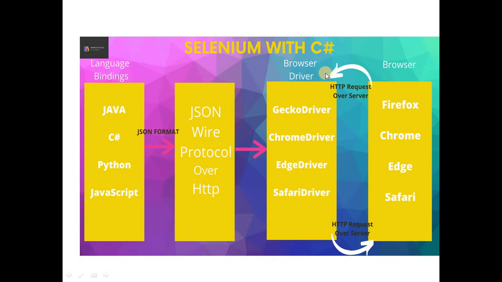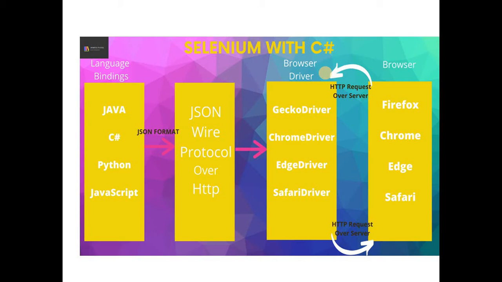So till now we have seen that we are opening Visual Studio, writing the commands, downloading the Chrome driver, and then executing the scripts on the Chrome browser. So how are all the four things connected? Whatever you write in your Visual Studio, we are writing with C sharp, and the same we have seen with Java also. For Java we were using the Eclipse tool.